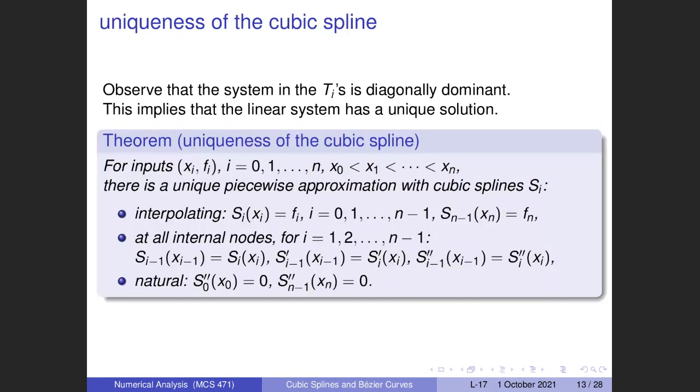All right, so we have derived an algorithm to construct these splines. We actually also have proven a theorem. So the system is diagonally dominant. Again, we shouldn't take nodes that are on top of each other. So we have the same interpolation condition again, and we have a unique solution. So there is a unique solution that solves the piecewise approximation problem, where we obtain interpolating